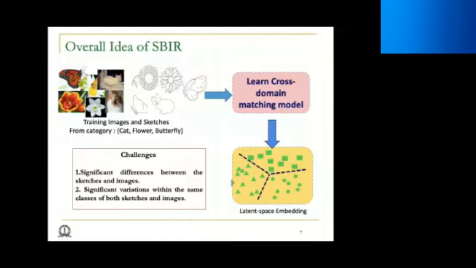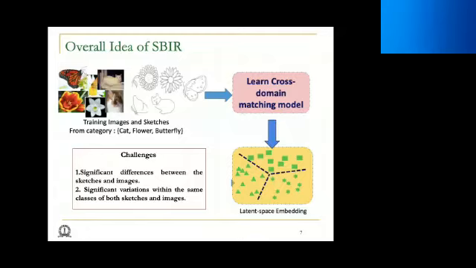The training algorithm will, in general, learn a common latent space. Why do we need to learn a latent space? We need to learn the latent space so that the images and sketches of the same class come together, so that during retrieval or during testing, when your input is a sketch, you can easily retrieve the corresponding images. So this is different from the standard classification problem. We are not trying to classify what that input sketch is. We are just trying to retrieve the corresponding or semantically relevant images from the database.